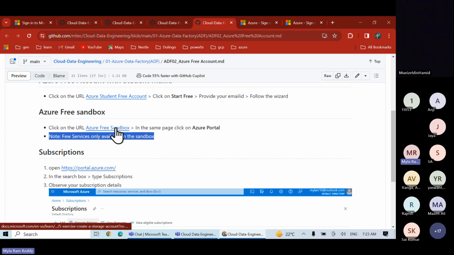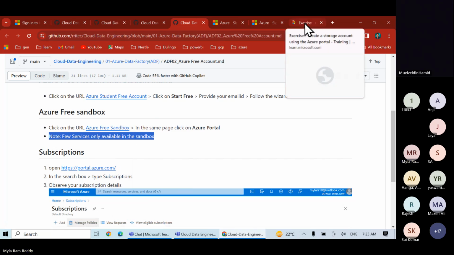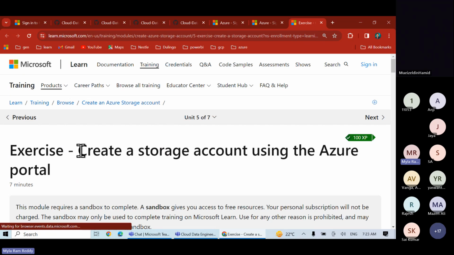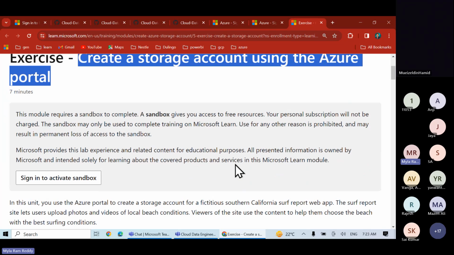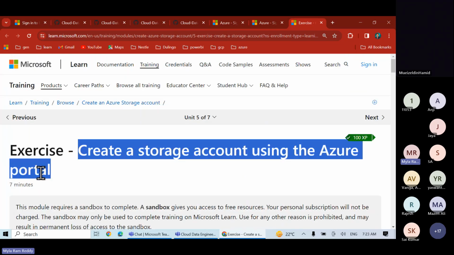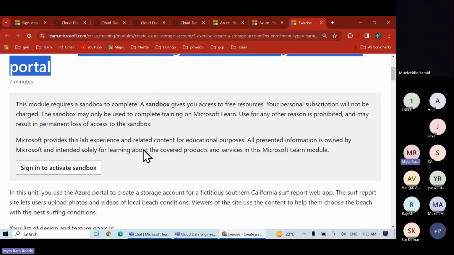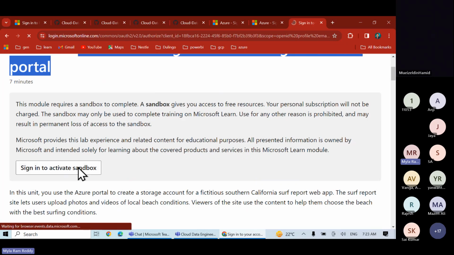Let me open this Azure free sandbox. I'm trying to open this one in a new link. If you open this one, we have here creating a storage account using the Azure portal. We have it. That is the activity. As part of the exercise only, we have this sandbox. That is the reason I kept this link. Below this, you can notice here sign in to activate sandbox. If you click on sign in to activate sandbox,